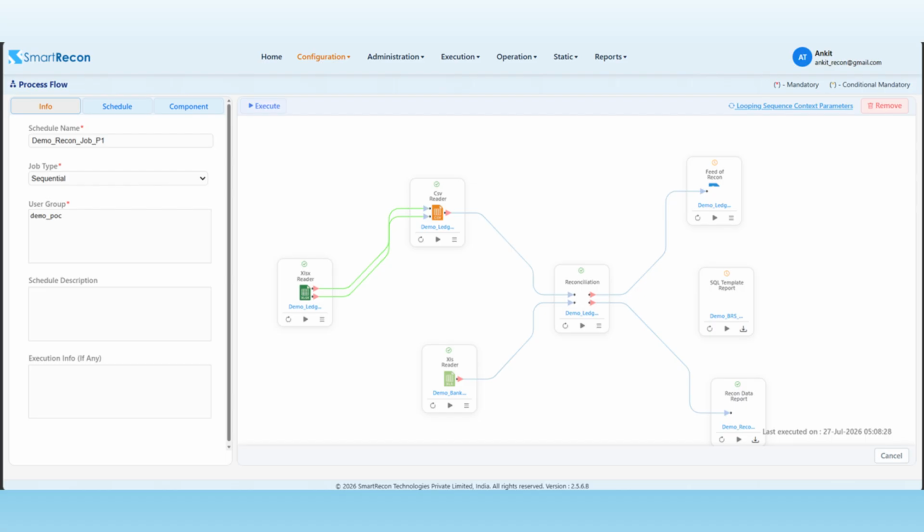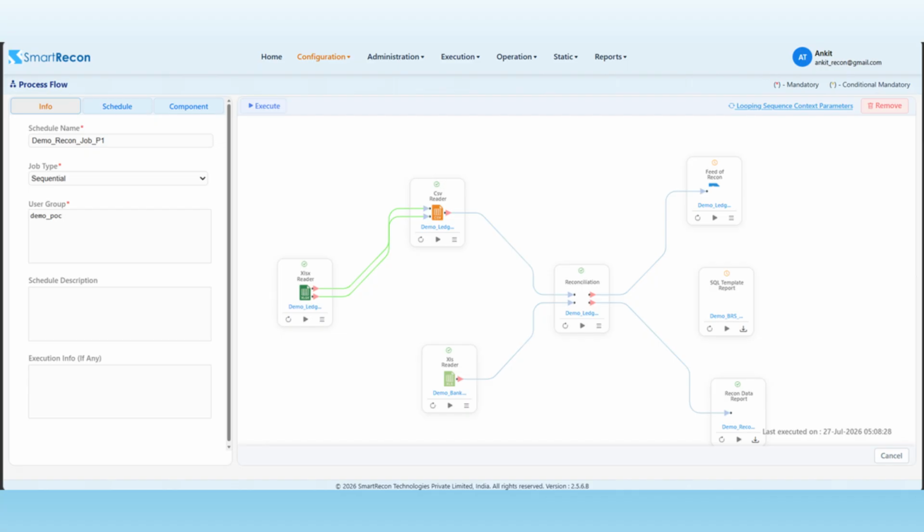You have learned how to configure feeds for different file formats and data sources, set up transformation rules for data enrichment and lookup, create reconciliation configurations with multiple matching levels, generate comprehensive reports including BRS, build interactive dashboards and charts, automate the entire workflow using job scheduling, perform and approve manual operations.